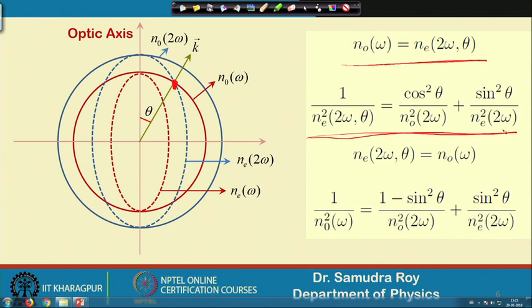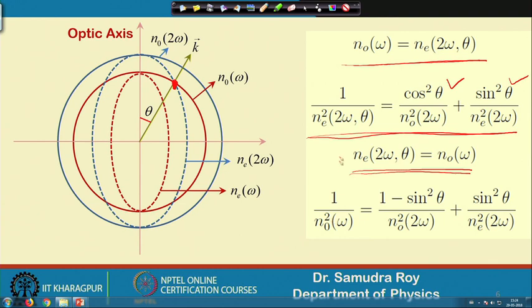So, 1 over n_e squared of 2 omega at theta, I want to find out the theta dependency. If I want to find out the theta dependency, in the right hand side, the cos theta and sin theta terms are there. So, it is cos squared theta, sin squared theta, and n_e of 2 omega and n_o of 2 omega squared. Now, if I put these things here, the condition here,